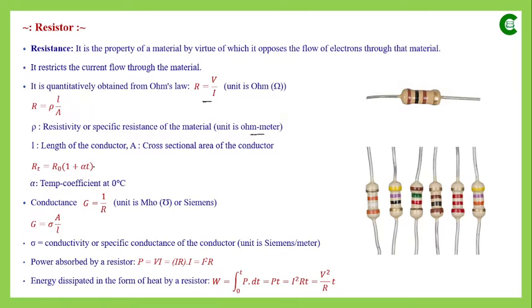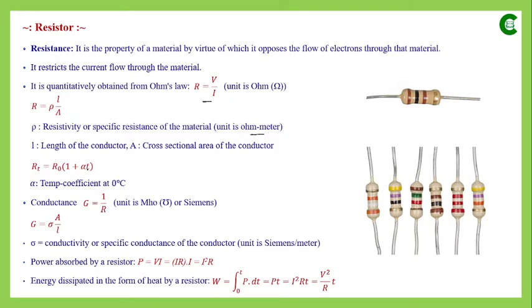1 plus alpha T, as we can see, is multiplied by this R0, where T is the change in temperature and alpha is the temperature coefficient at 0 degree centigrade, and T is the temperature at which we are basically finding the resistance value. Now there is a property, when we talk about resistance, there is another property called conductance,